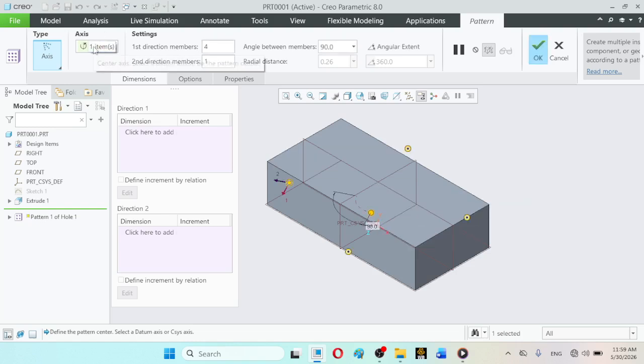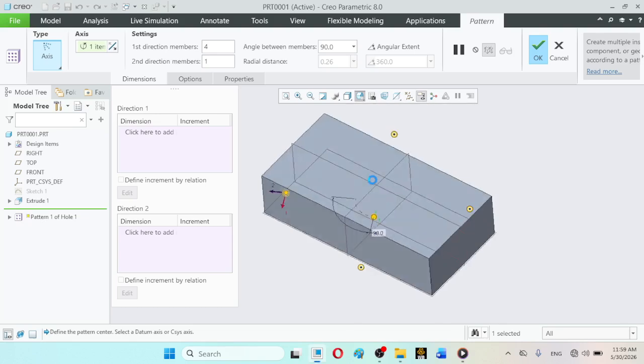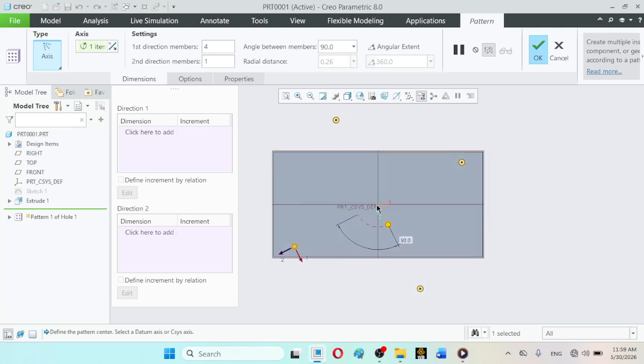Here, regardless of the radial distance between this parent member and this axis, you can better observe it from the top view like this. This was the pattern center, this is the parent object, this will be the radial distance, and this is the angular spacing.